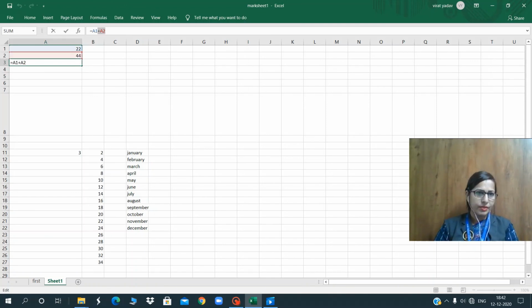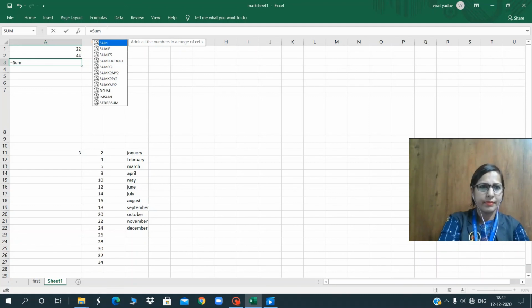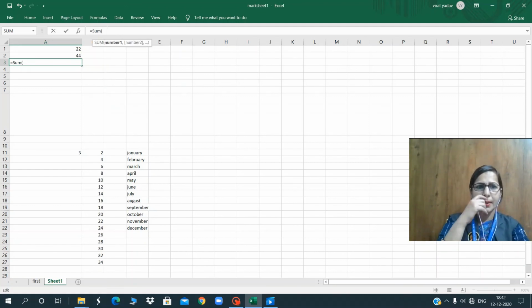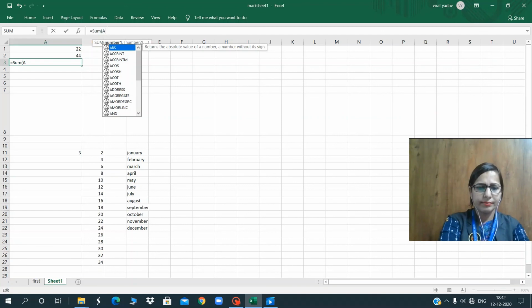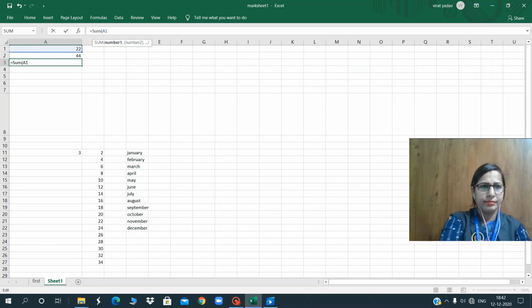Okay, in place of this, we can write the equal to sign and SUM, and in the SUM brackets, I want the sum of A1 and comma A2.